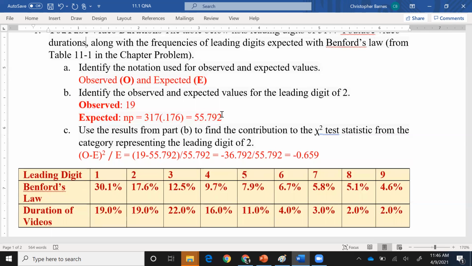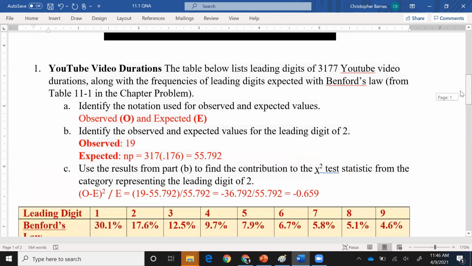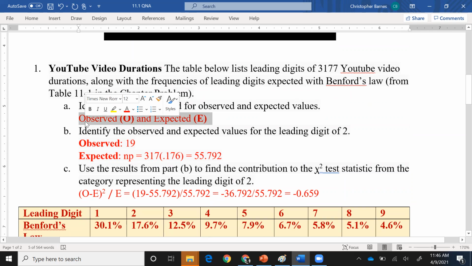Now, what I'm going to do for you, Deja, is create a PowerPoint with screenshots of these items. When you're going over number one, it'll have a picture of this question, which you'll just read to the class, like everybody else has been doing. And then I'll probably have a screenshot from the part of the chapter that shows where it says what the notation is. So once you get up to that part, you'll see it.